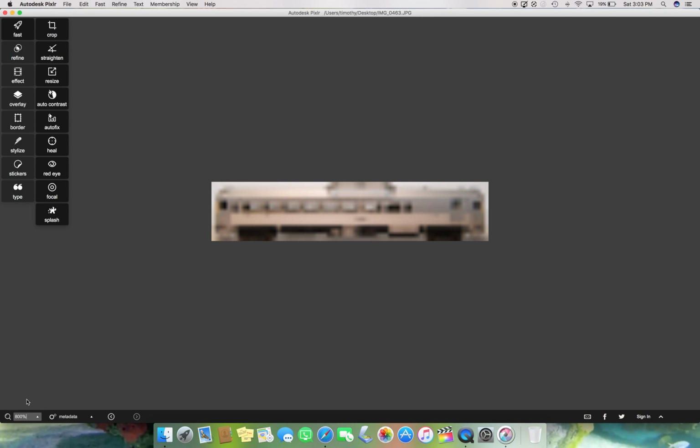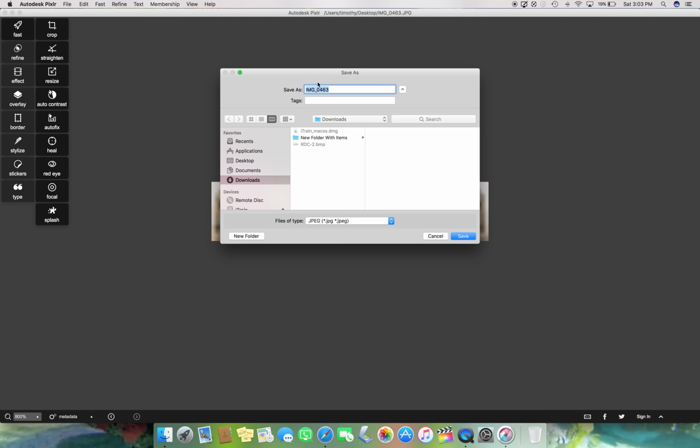And let's go 800 times. It looks really bad right now, but don't worry about it. It's not going to be as bad as what you think. Okay, so we're going to save. So file, save as. Let's type in